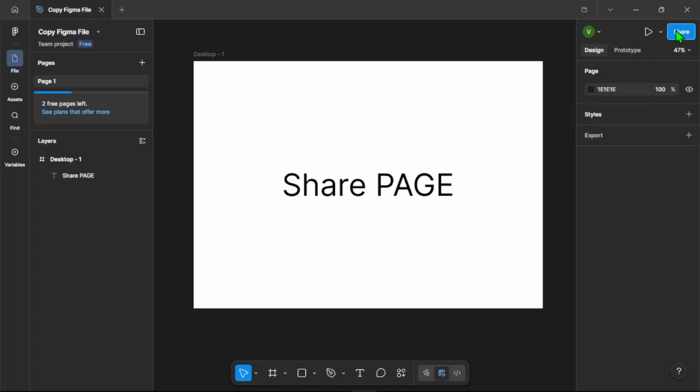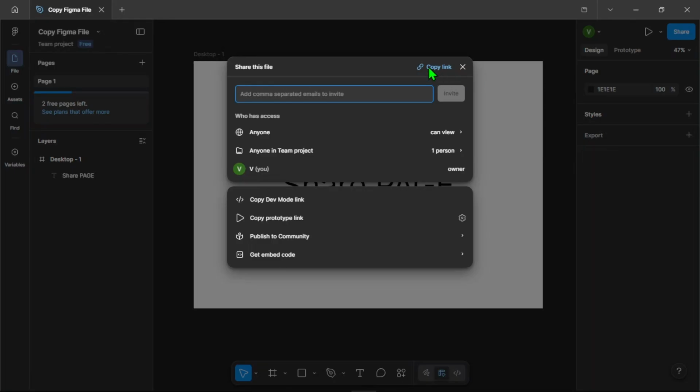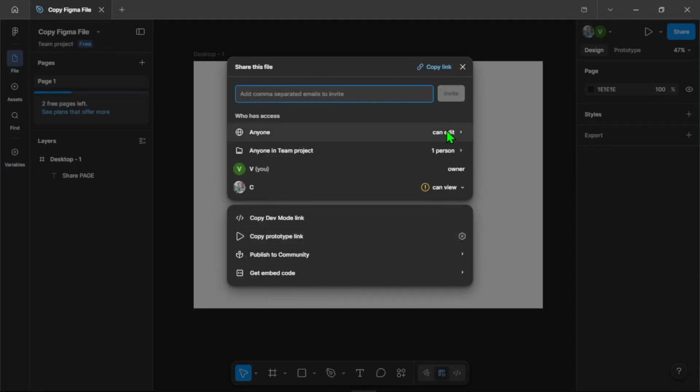Next, click on the Share button in the top right corner. In the Sharing panel, enter the email address of the other Figma account you want to send the file to. Set the permission to Can View or Can Edit depending on what access you want to give. Then click Send Invite. Now, switch to the other Figma account and open the shared file from the email or